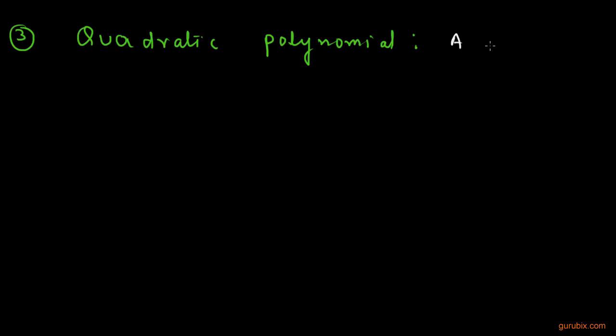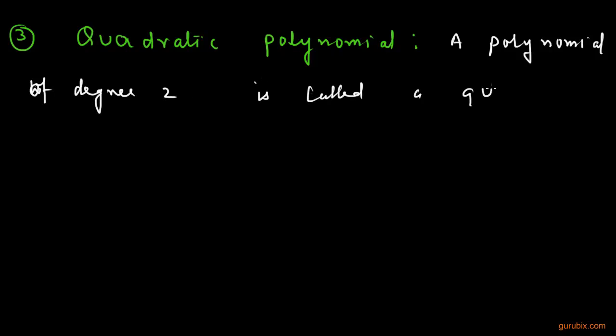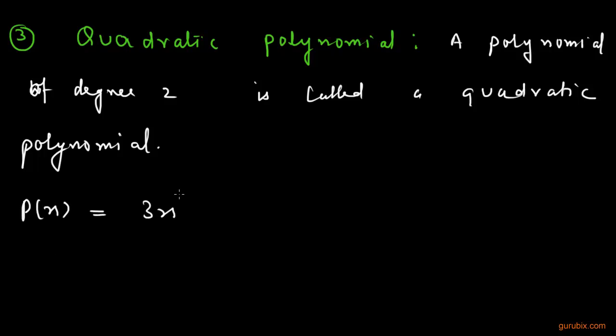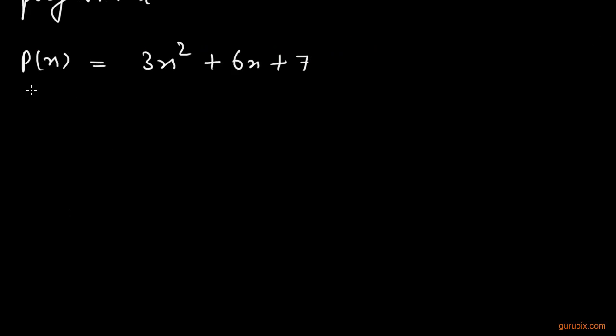Now let me come to the third type. This is called the quadratic polynomial. A polynomial of degree 2 is called a quadratic polynomial. Suppose we have a polynomial p(x) equals 3x square plus 6x plus 7. So this is the degree of this polynomial, and it is 2. So this is a quadratic polynomial, and a quadratic polynomial can be a monomial,